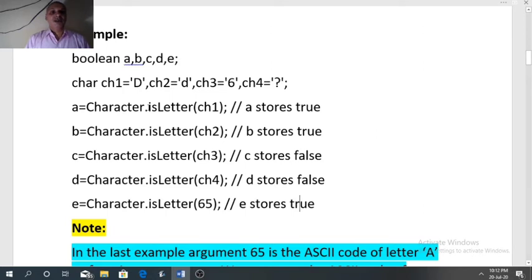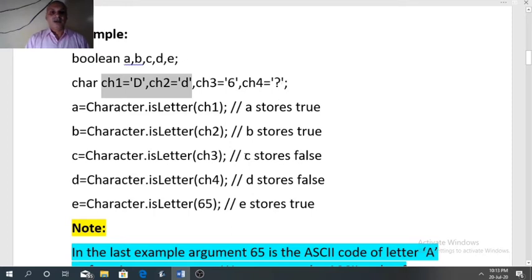So this function will check whether the entered argument is a letter or not. You can see here ch1 is uppercase letter capital D, ch2 is small letter d. So in the first 2 cases the function will return true, so A and B will store true. ch3 is a digit, ch4 is a special character.